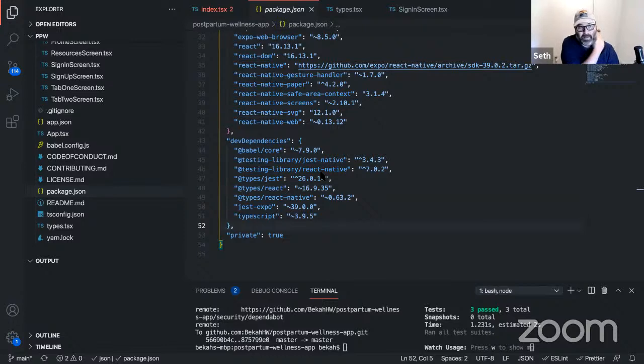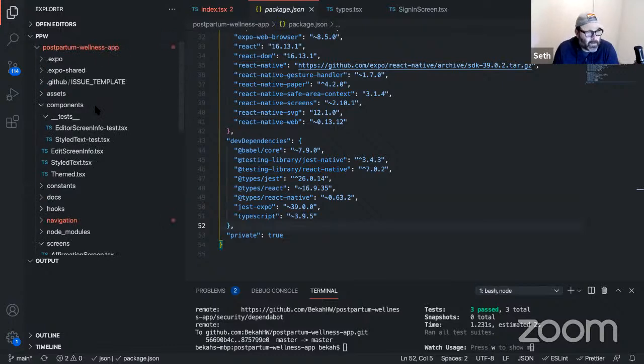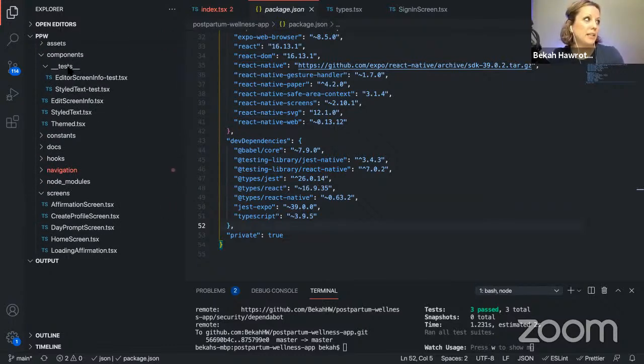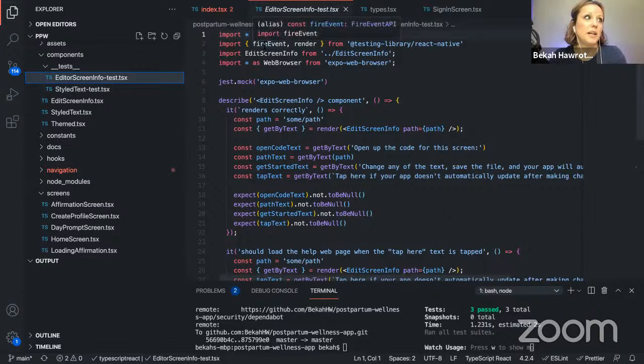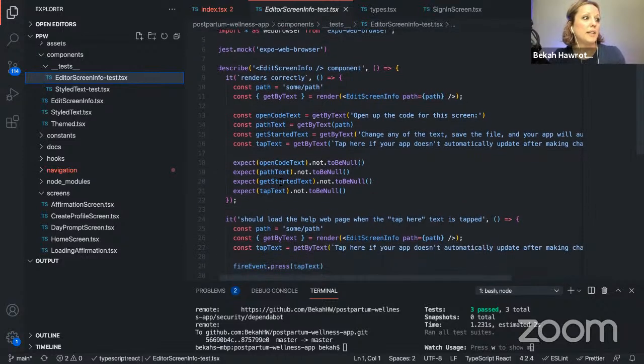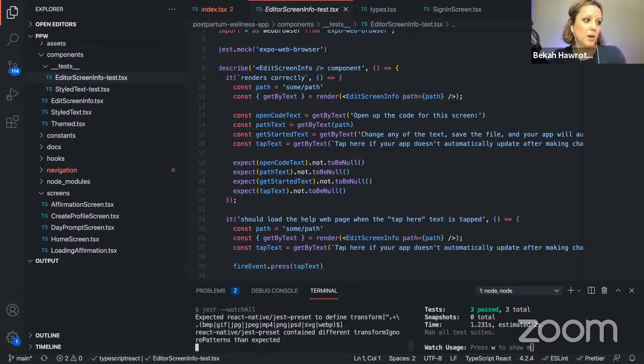I'm ready to write a test. We could maybe review the tests we have now first. So right now the tests are set up in components. And so what we have here, you can see that there are some commands from Testing Library being imported, and then they just go ahead. The first test is just making sure that everything gets rendered correctly. And so to run this test, we can just run yarn test,